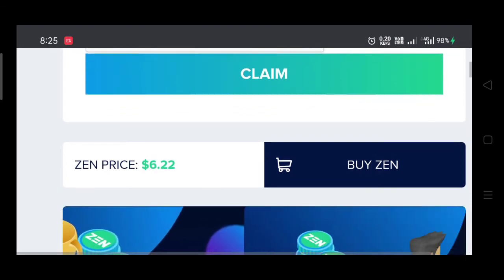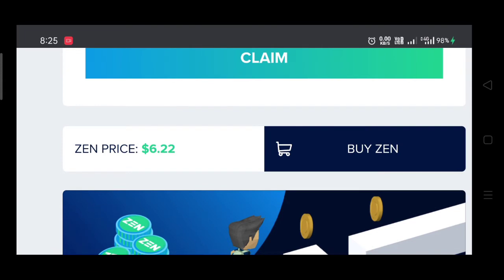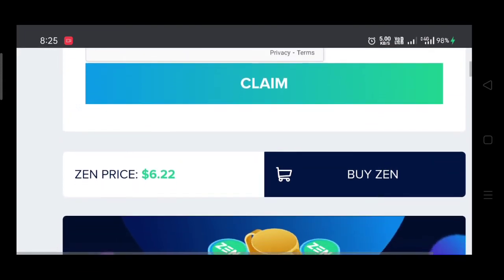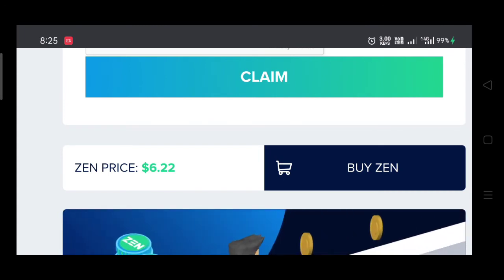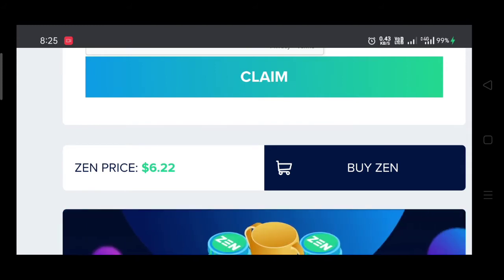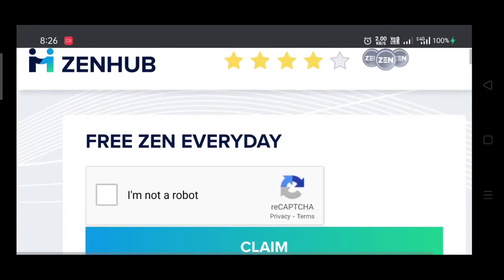Their cryptocurrency name is Zen, and Zen is a very well-known cryptocurrency on CoinMarketCap. Here you can see the Zen price today is $6.22, and today we are going to learn how to earn free Zen every day.